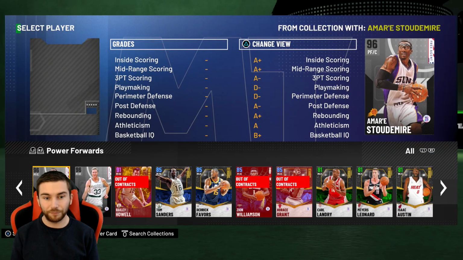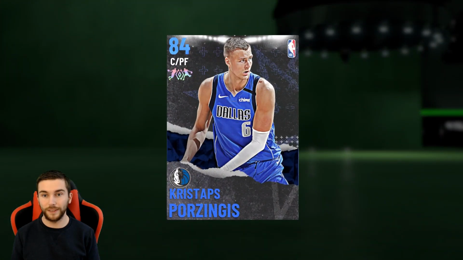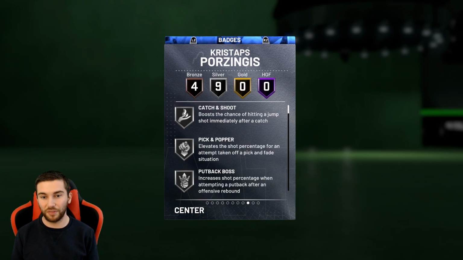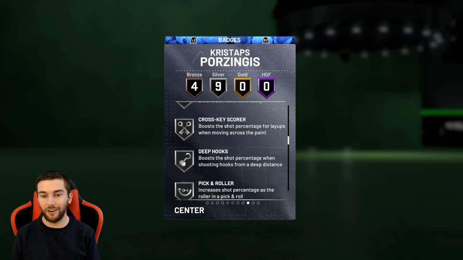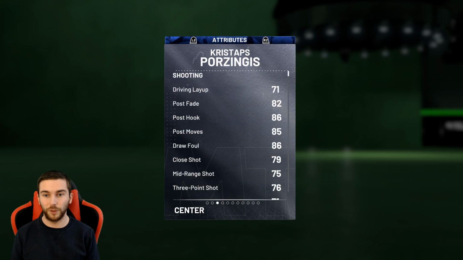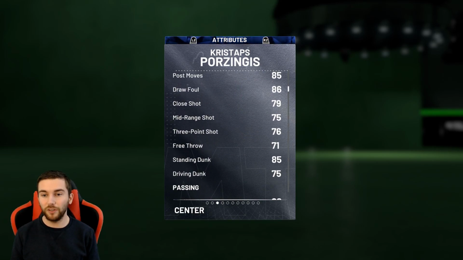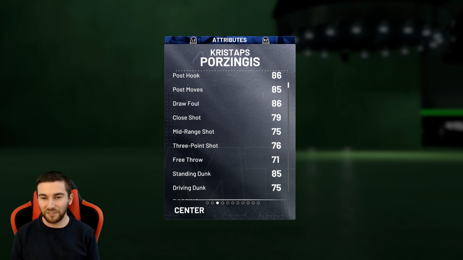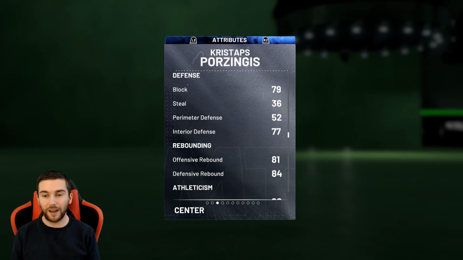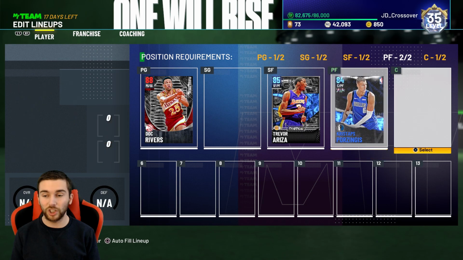For the power forward position, I know I've definitely got Kristaps Porzingis. Porzingod, every year, a very powerful card. 7'3". Badges-wise, he's a current card. He doesn't really have too much. He does have Bronze Intimidator and Rim Protector, which is definitely better than nothing. And then offensively, very average, but averagely okay. 75 mid, 76 3, so he will be hitting a shot or two. But he's got good rebounding, decent defense, but realistically, the fact he's 7'3", he's going to be getting blocked regardless